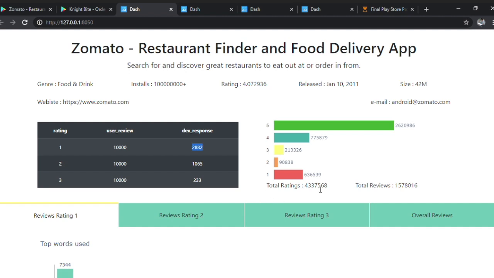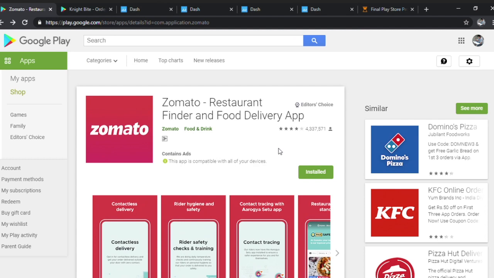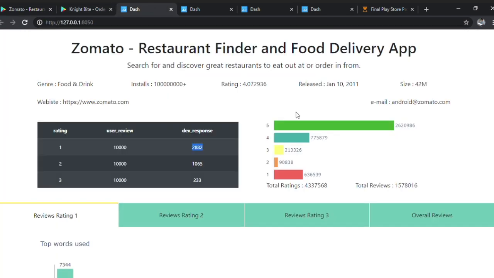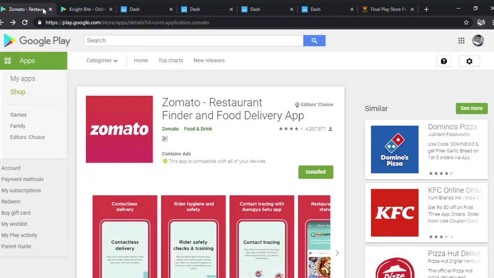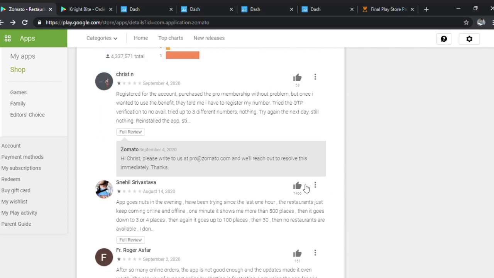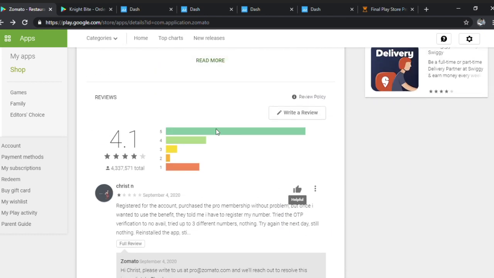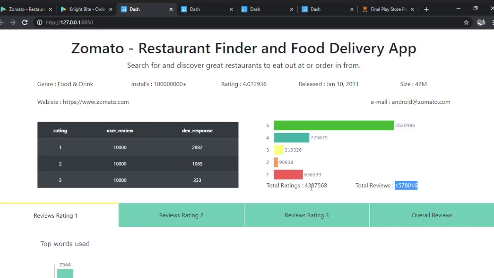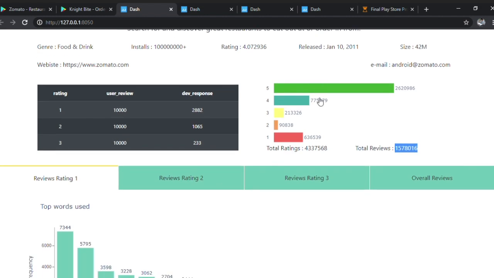Coming to total ratings. Total ratings is the number of people who have given just stars, the lazy ones who come to the app, just give ratings and go. So these are the total number of such people, and these are the number of reviews that have been given, by people who actually take the time to write their app reviews. Some people are frustrated and give 1 star ratings, and some people are very happy, like they're out of their mind or something, who get next level refunds or something. They come and give you 5 stars and give their ratings.